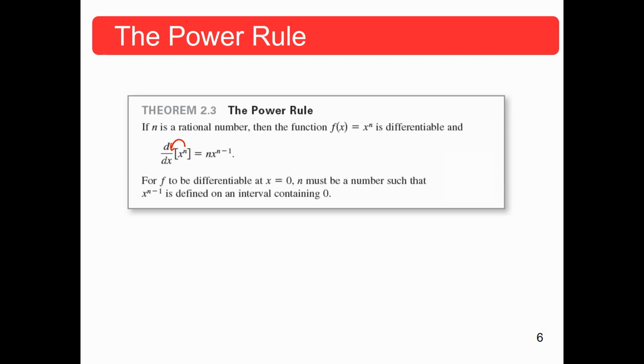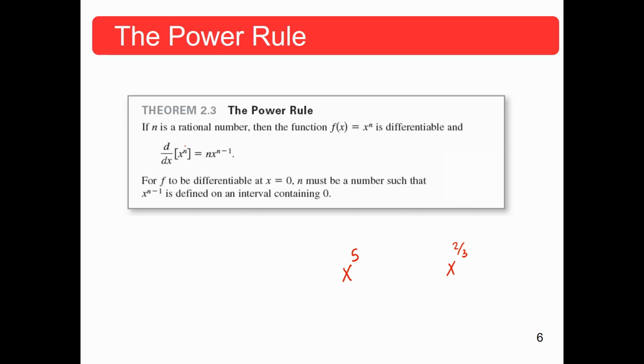This video is going to be the power rule. So the power rule tells us that if we're taking a function that is x to the nth power, where n is some rational number, for example, x to the fifth, okay? If we want to take the derivative of that, as long as our n is a rational number, so this could be 5, it could be 2/3, it doesn't matter, as long as it's a rational number,